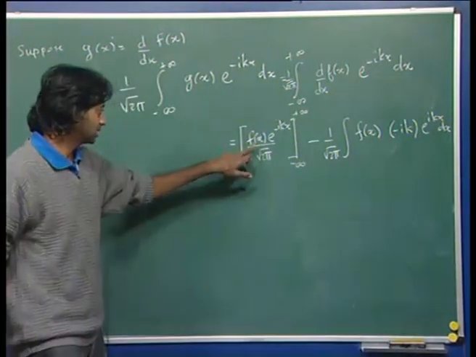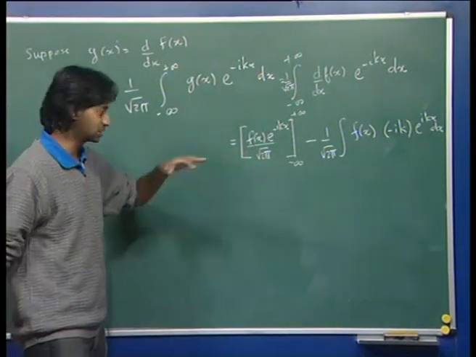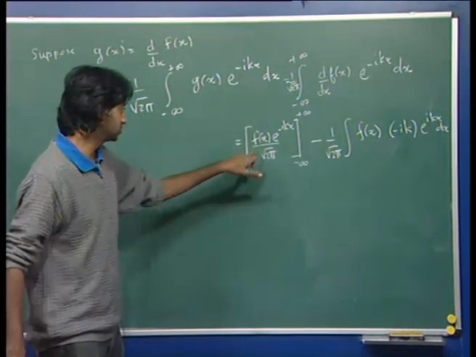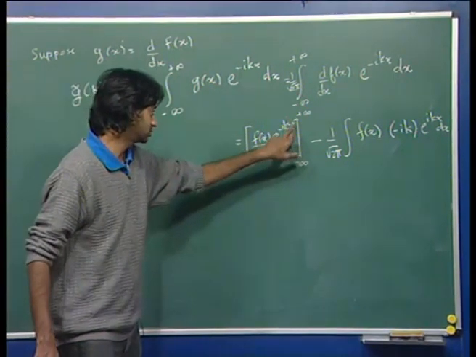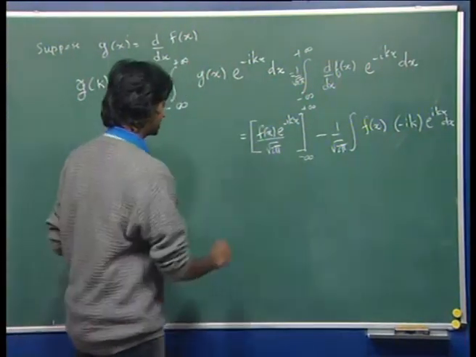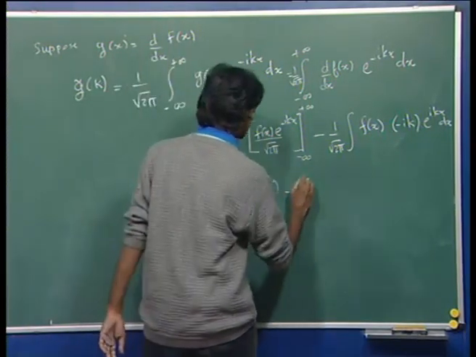Now this term, f of x, has to go to 0 at the boundaries, because only then the Fourier transform will be well defined. Also, we assume that e to the i k x goes to 0 at the boundaries. So then this term is 0, minus